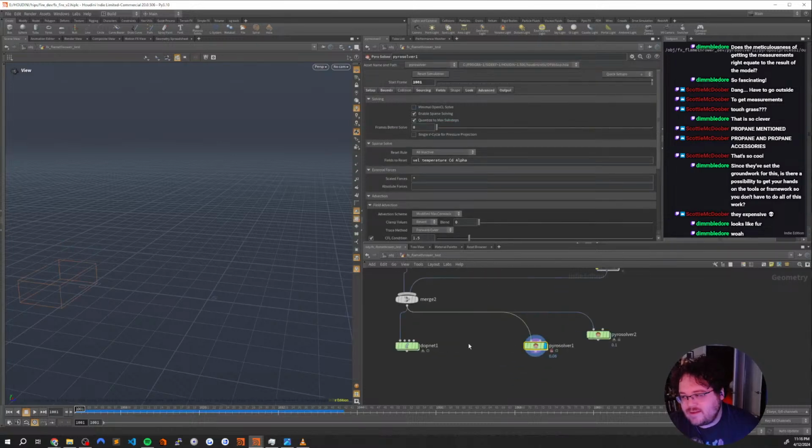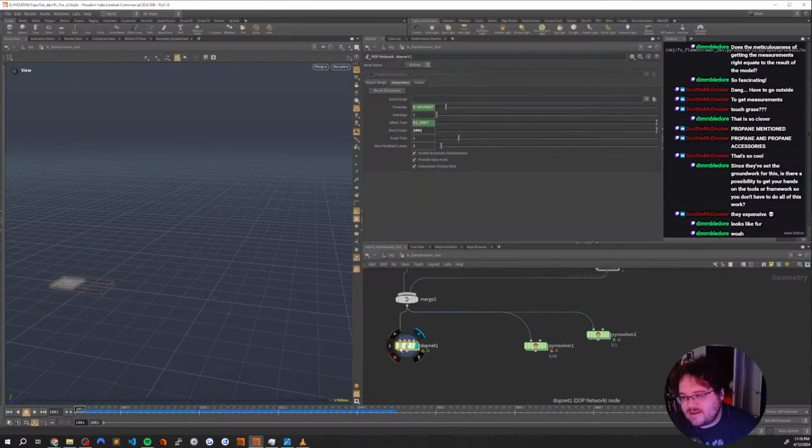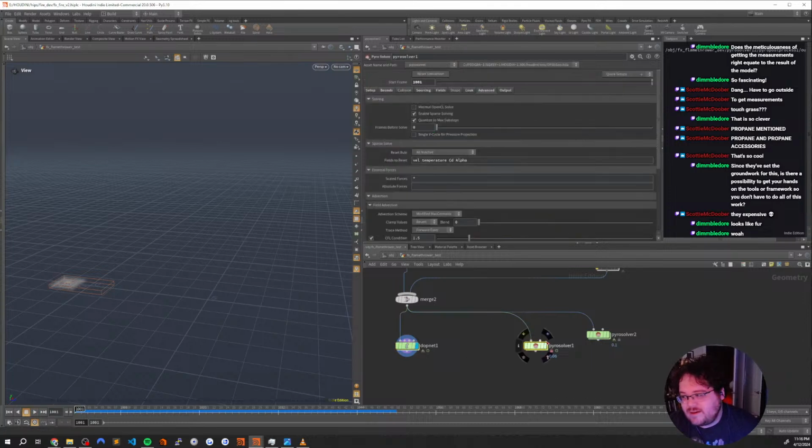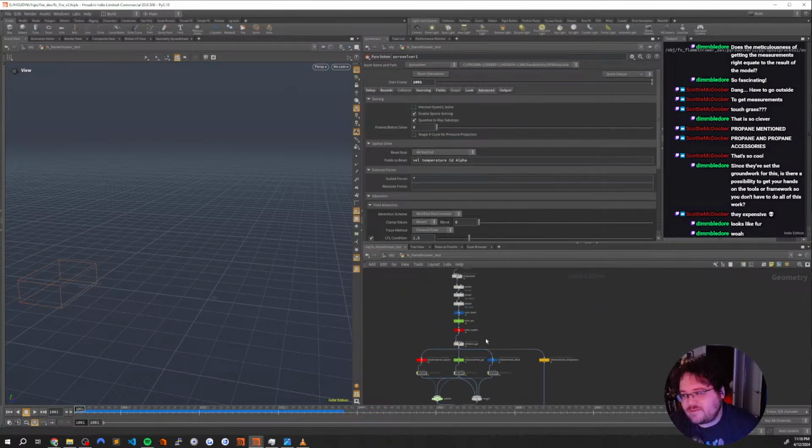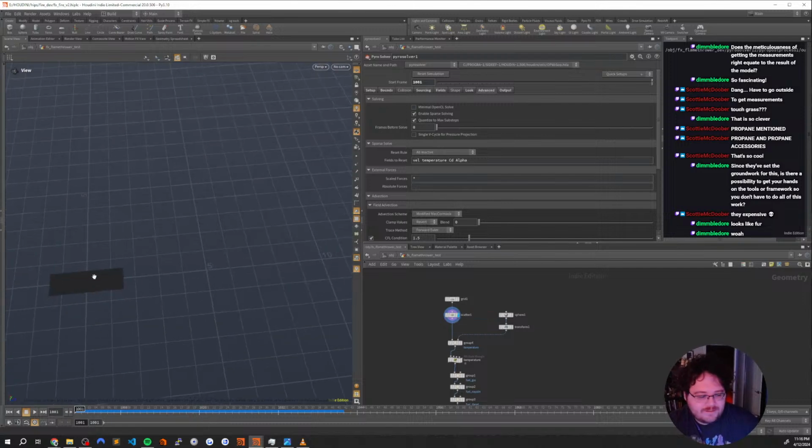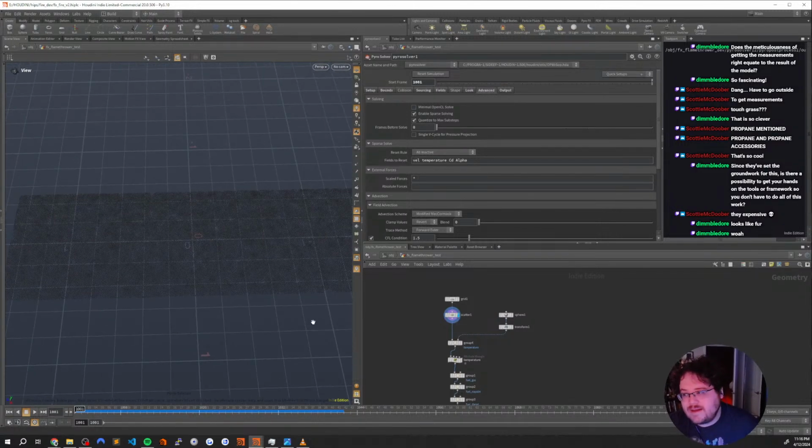So yeah, I think I kind of covered everything. Here is, again, a quick test I'm doing. I just put a grid here with some particles and